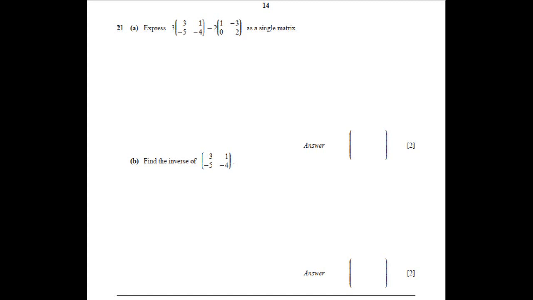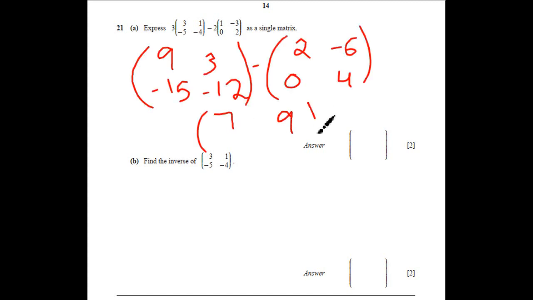Question number 21. Multiply 3 with the given matrix 9, 3, minus 15, minus 12. Keep the subtraction sign outside. Multiply 2 with 2, minus 6, 0 and 4. Now subtract these numbers simply. 9 minus 2 is 7, 3 minus 6 is 3 plus 6, 9, minus 15 minus 0 is minus 15, and minus 12 minus 4 is